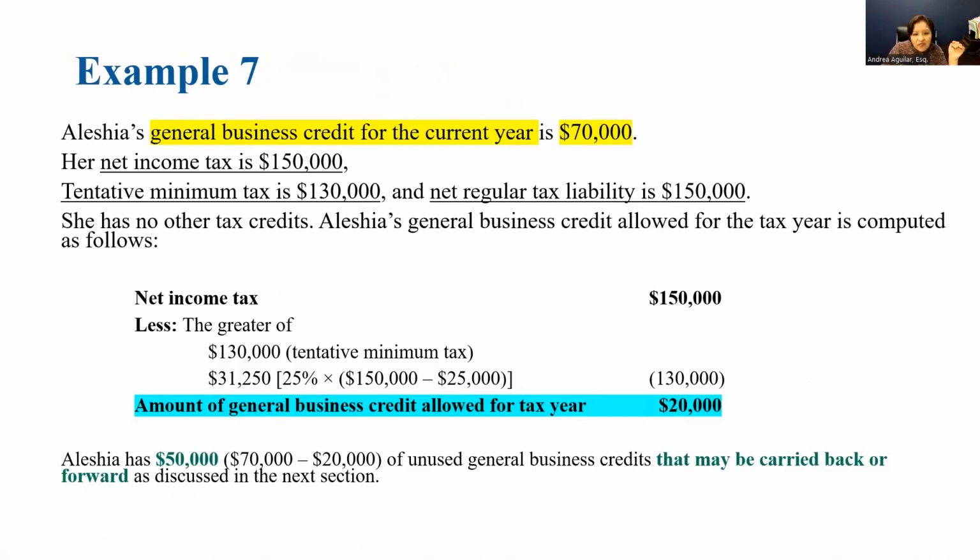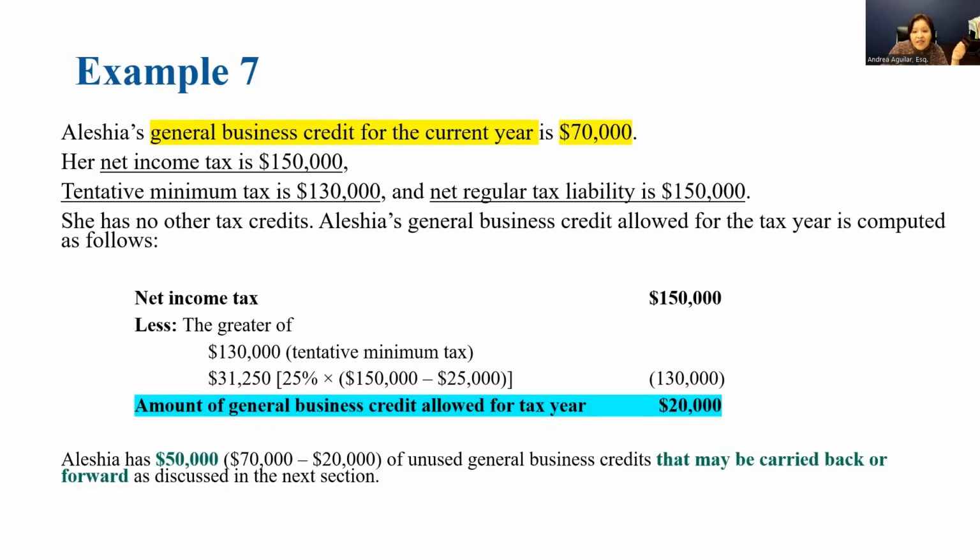Alessia's general business credit for the current year is $70,000. They're making it very easy for you. They're not telling you which business credits they are talking about. They're just telling you, hey, the general business credit for the year is $70,000. Now, her net income tax is $150,000. And the tentative minimum tax is